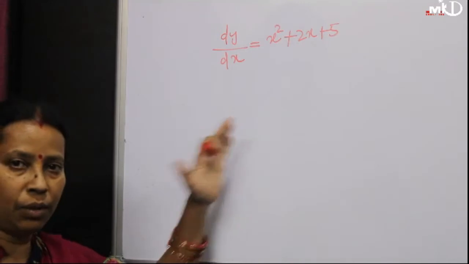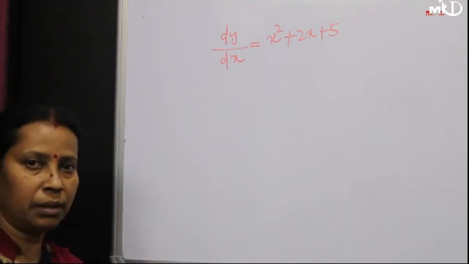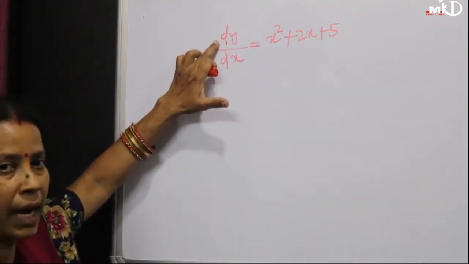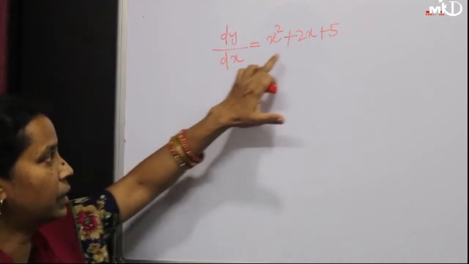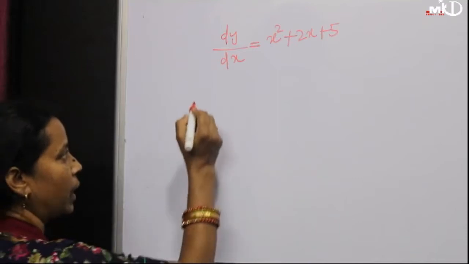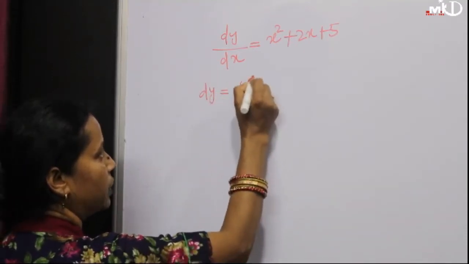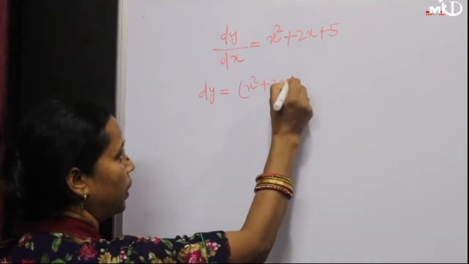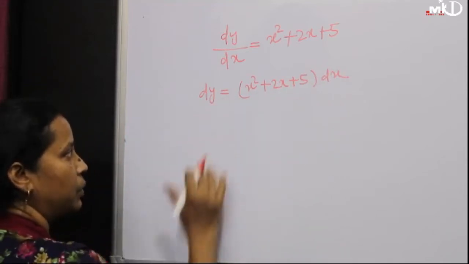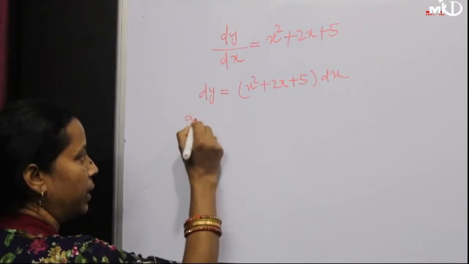Friends, already I told you what the variable separable method is. That means we separate the variables. That means on one side we have dy and the y function, and on the other side we have the x function and dx. So here dy is equal to x square plus 2x plus 5 dx. Now we separate the variables. So after separating the variables, integrating both sides,